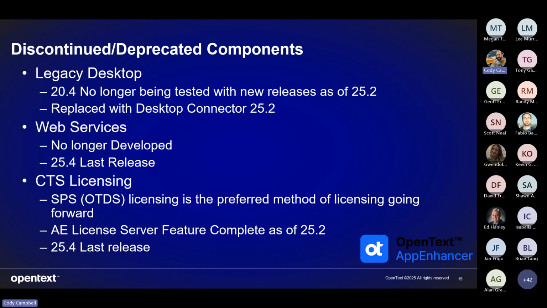It's the preferred method now for licensing products at OpenText, and eventually we will not be able to issue those CTS licenses. So just keep that in mind. We'll give you warning when it happens, but we're thinking 25.4 might be the last release of CTS. Now, that doesn't mean the product's not going to work with CTS. That's another thing we'll test, to make sure the license server is accessible. Again, that's a pretty mature component, so I can't see us breaking it very much. It's a very simple system, the CTS licensing, and so we'll test that for a while. As far as feature complete, 25.2 is the last we're going to distribute. But 25.4 might be the last release of that if there's not a lot of complaints about it, or if there's not a major concern about it.